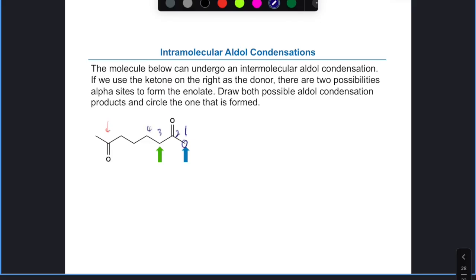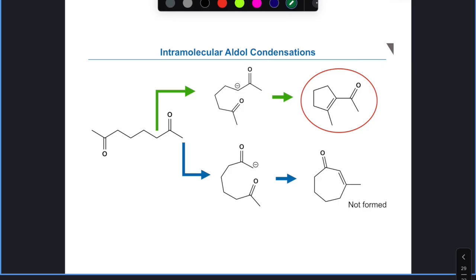Carbon, carbon, to stretch those 2 together gives me a 7-membered ring. Versus, from the green side, this is carbon number 1 in that case, still attacking that center. That's 1, 2, 3, 4, 5. The green cycle will work because it makes a 5-membered ring and a 5-membered condensation. That is going to be the product you get. Versus if you go the other side, enolate at the blue center, it makes a 7-membered ring, it will not